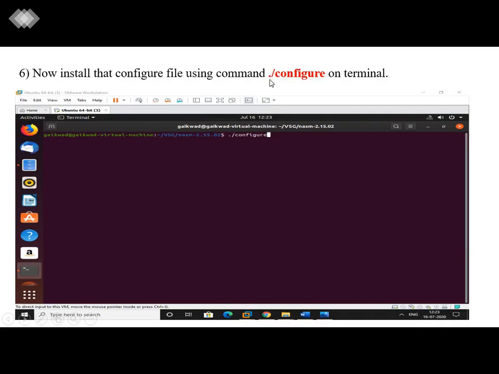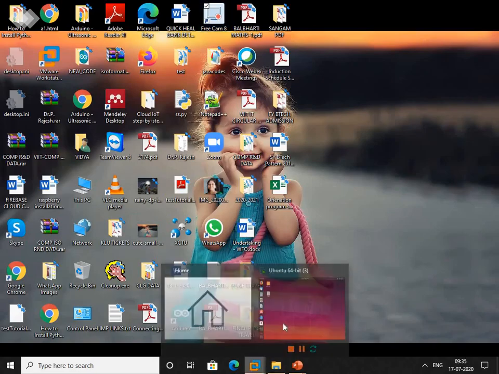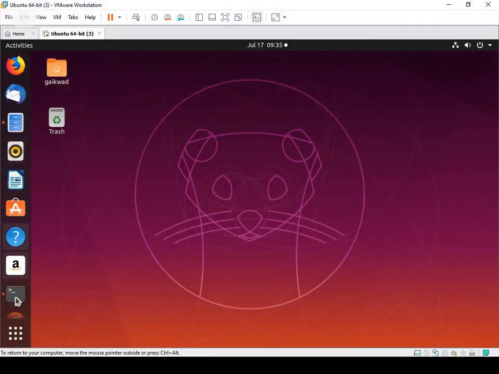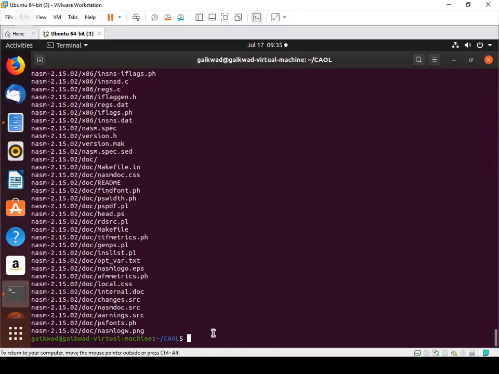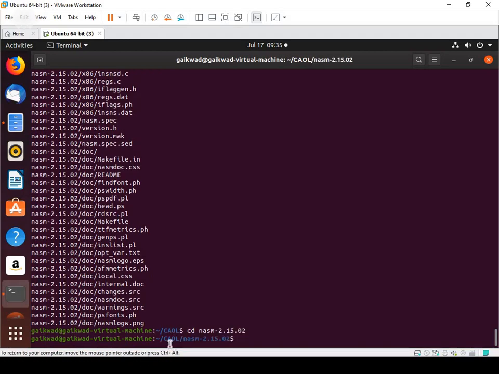Now we are going to install this configure file. For that, the command is ./configure. Let's see again step by step. Now we are going to go into the extracted nasm folder: cd nasm-2.15.02.